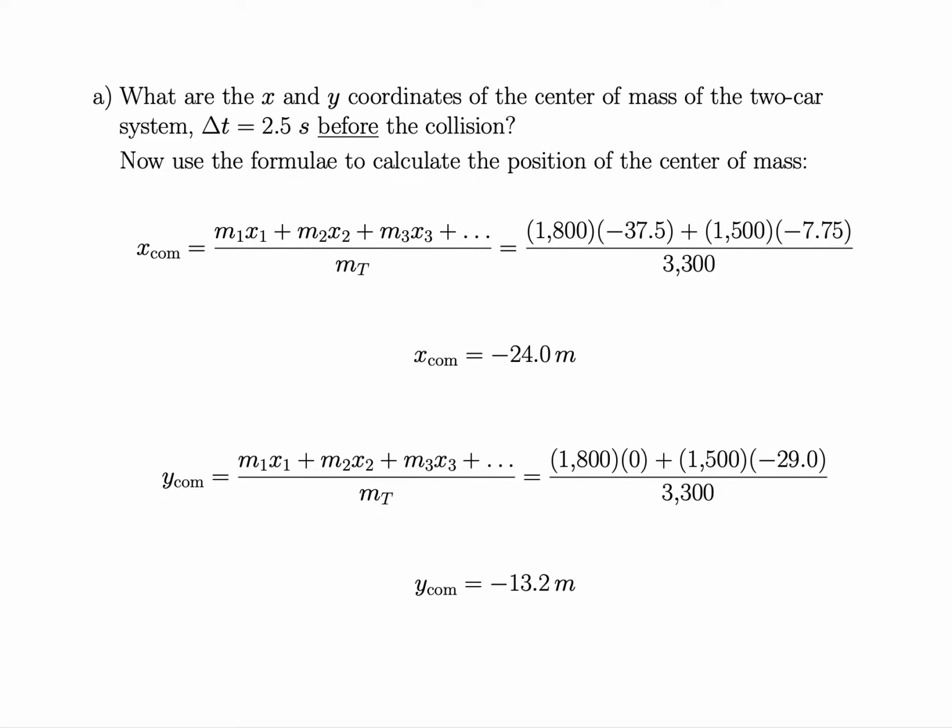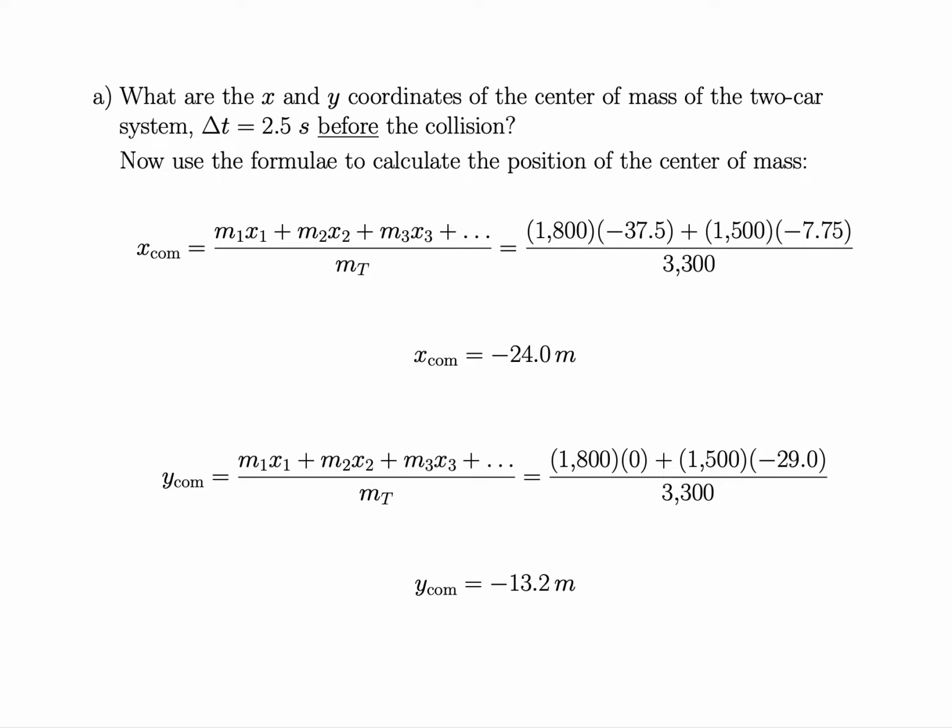So if I did this right, I find that the x coordinate of the center of mass is minus 24 meters, and the y-coordinate of the center of mass is minus 13.2 meters. So at this point, these are really just, here's the formula, you plug in the numbers. In the next slide, we're going to try to show what the x and y coordinates of the center of